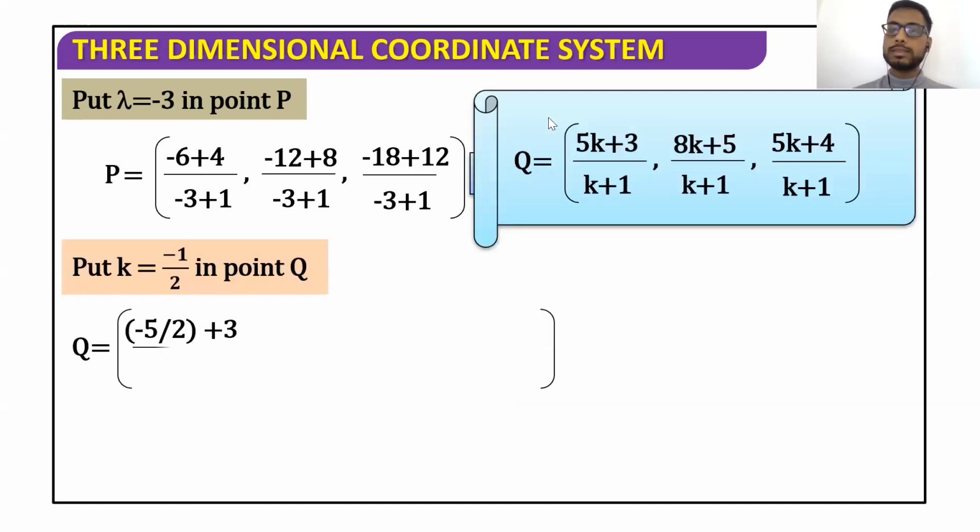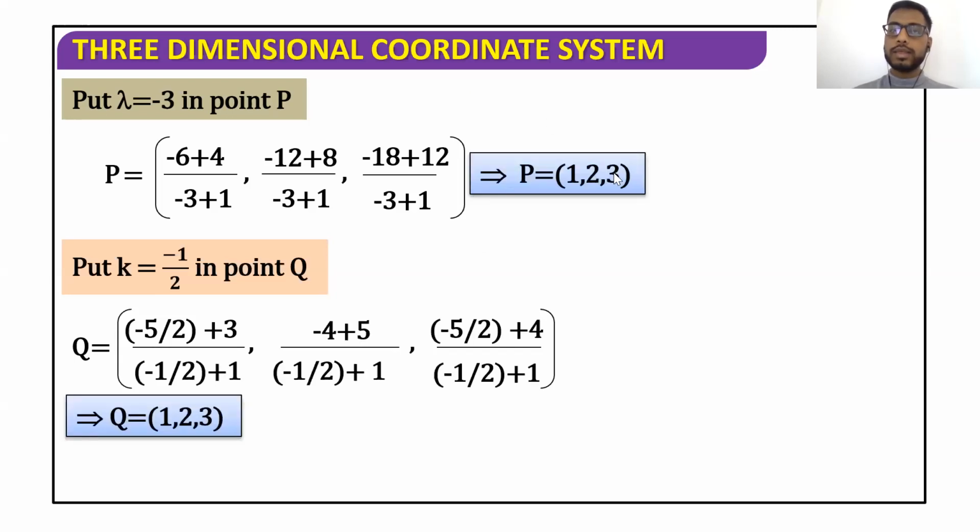Here we can see that the points P and Q are actually same points, 1 2 3 and 1 2 3. If these were not same points, then our equations won't hold. So the point P is dividing my segment AB, which means P is lying on segment AB, and Q is dividing my segment CD, which means Q is lying on my segment CD. But as P and Q are same, I can say that there is only one point which lies on both segments AB and CD. As there is only one point common between AB and CD, I can say that these two lines are intersecting.